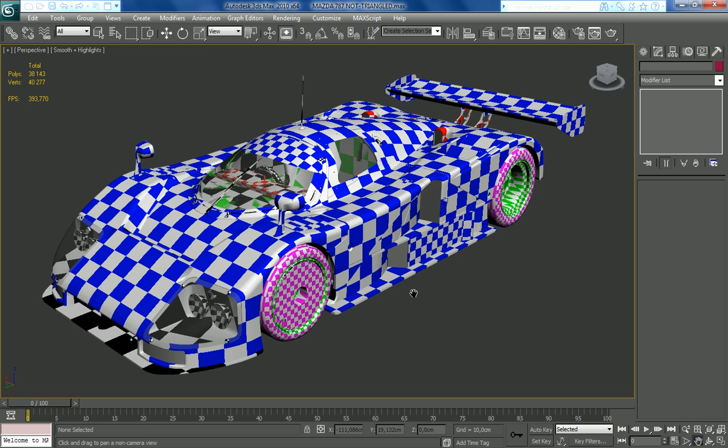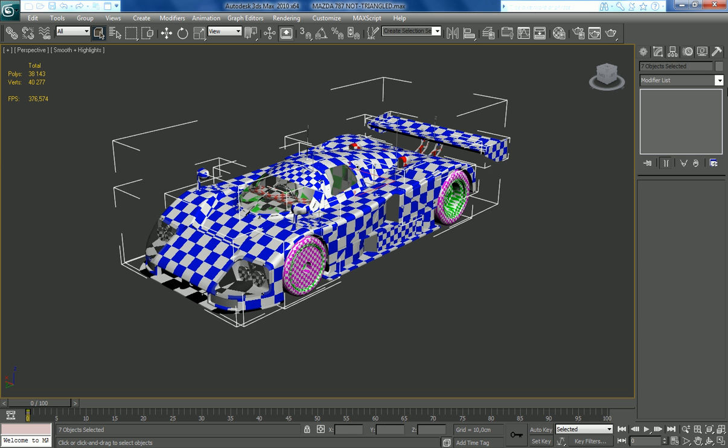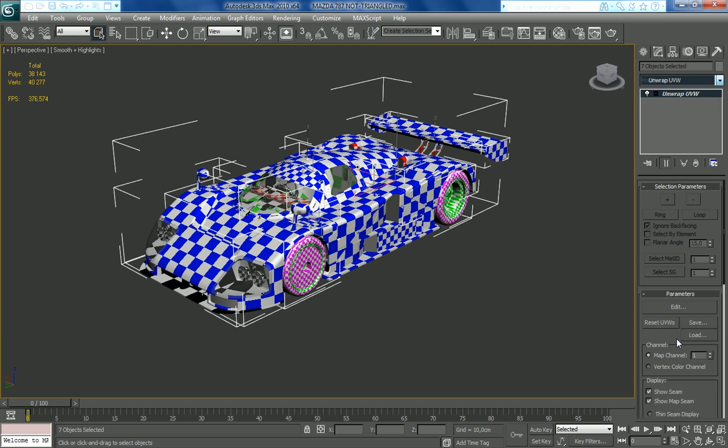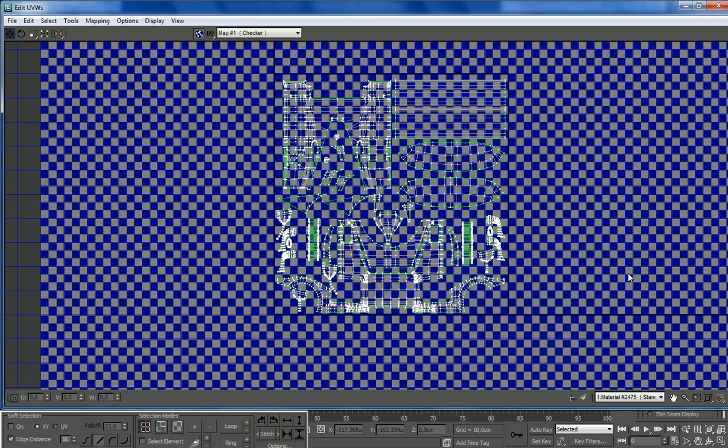First, we need to render the mesh layout into a bitmap, and that's the first thing we are going to care about. So we're selecting all objects in the scene, unwrapping them, entering the UVW editor, and as you can see we have a lot of edges and vertices here. In this list we can pick each ID we used. For example, ID 1. As you can see, this is the bonnet, that's the engine cover, wing,